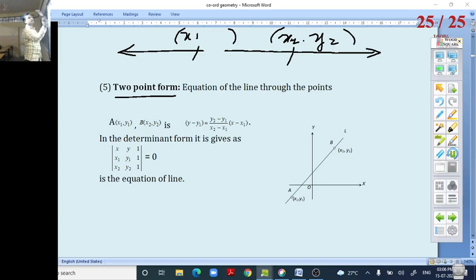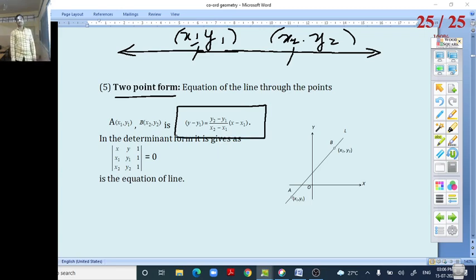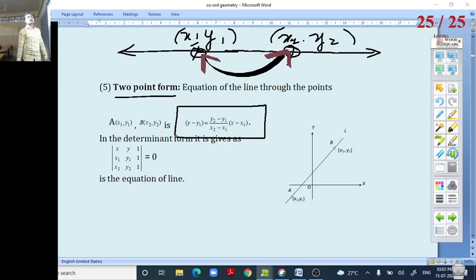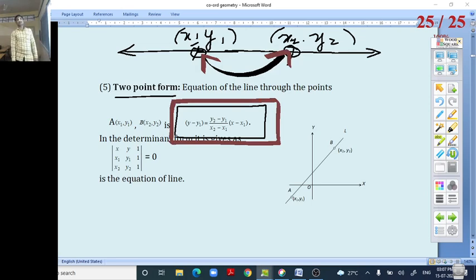Then what is the form of the equation of the straight line? y minus y1 equals (y2 minus y1) divided by (x2 minus x1) into (x minus x1) is the equation of the straight line whenever 2 points on the line are given. I can say this is the 2 point form of the equation of a line. When 2 points on the line are given, the equation of such a line is referred to as the 2 point form of the equation of a line. Okay, fine.